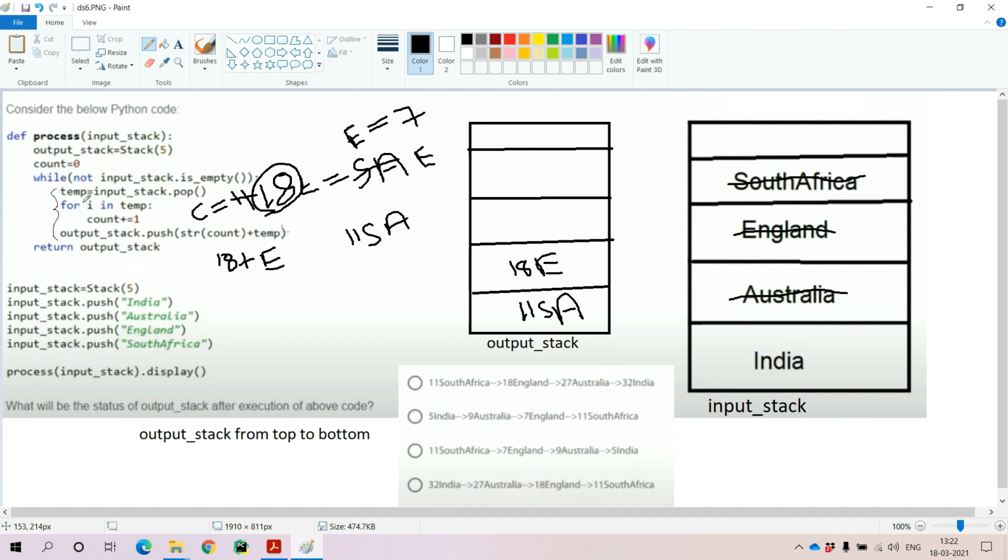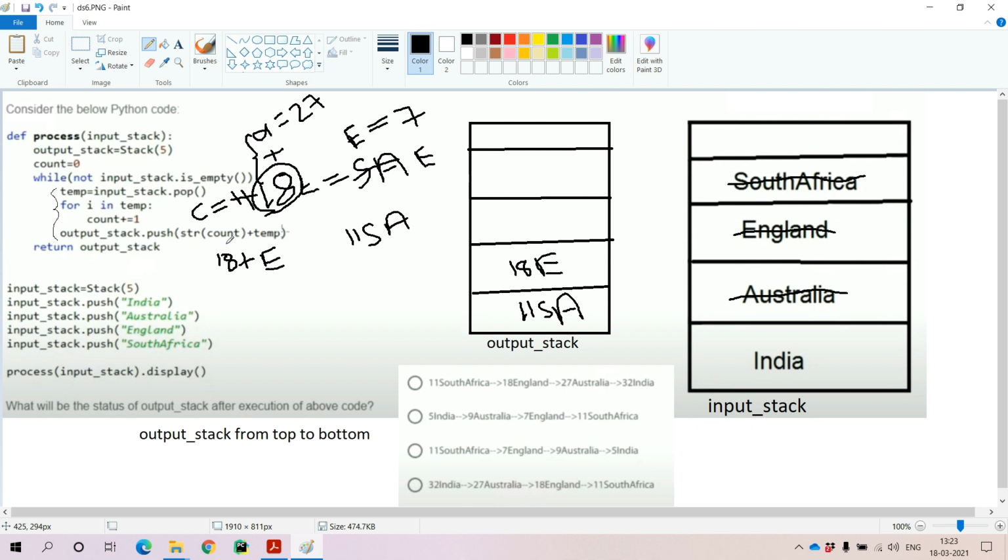That operation is performed with the help of this inner for loop. The count of Australia is 1, 2, 3, 4, 5, 6, 7, 8, 9. Now 18 plus 9 means we will get 27 here.